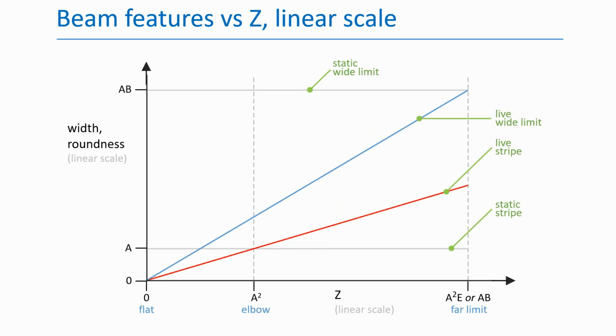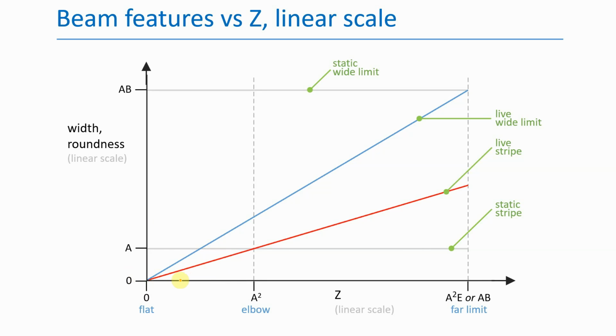Let's look at the static and live features as a function of z. For now, these are plotted using a normal linear scale. Note a couple of things. First of all, the live stripe and the live wide limit are not parallel lines. They clearly have different divergences. Secondly, the origin here is 0. This shows that at the flat, which is z equal to 0, the live features have